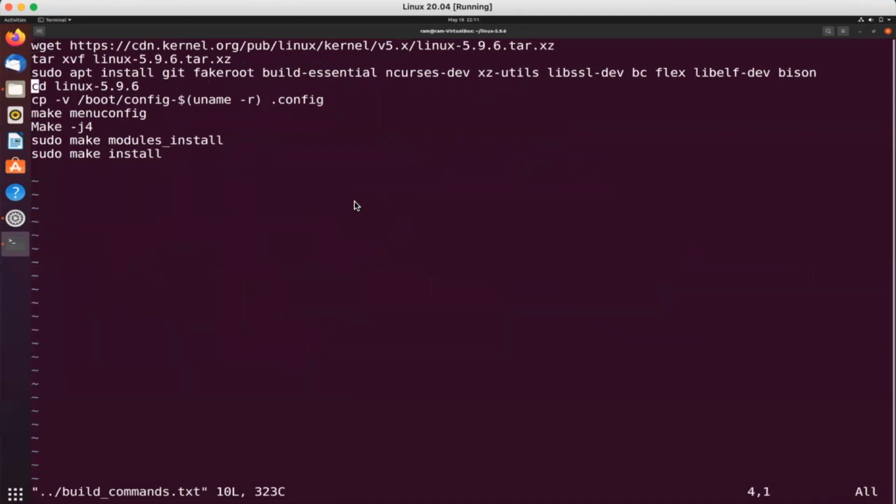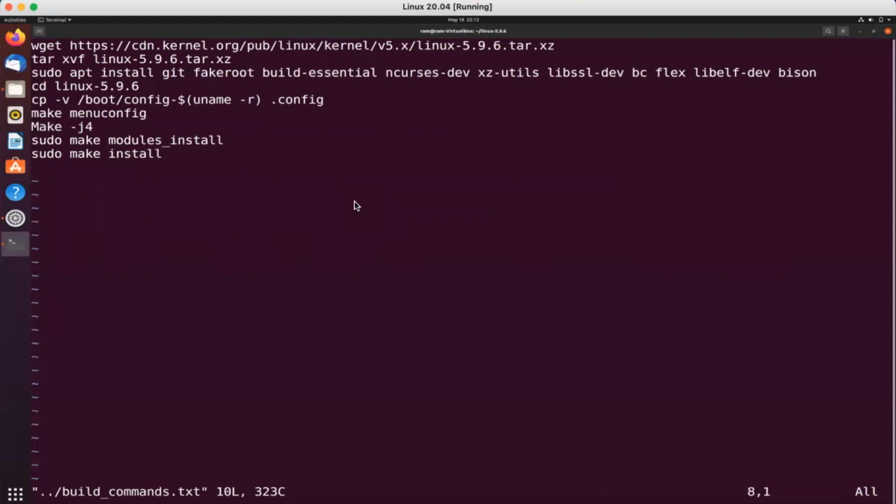So these are the steps you can follow to build a kernel. First, we have to download the kernel on which we want to implement our new system call. Then you have to install some packages so that we can build the kernel successfully. After that, we have to go into the main directory of the kernel. Then you can copy the config file of the already running kernel. Then you have to run make menuconfig so that it can make the configuration based on your requirement. Then we have to make the object files of the kernel.